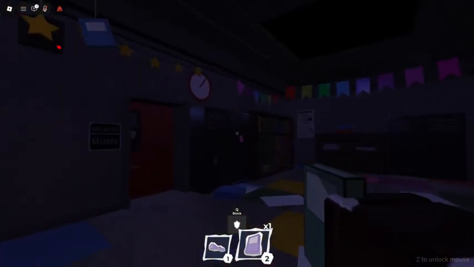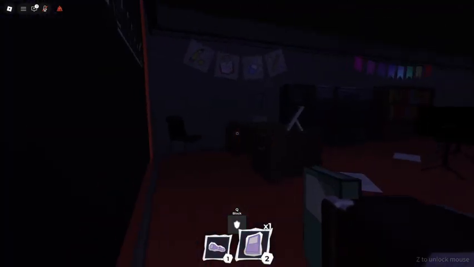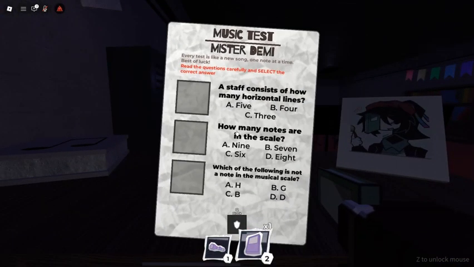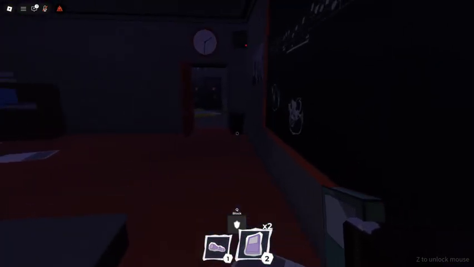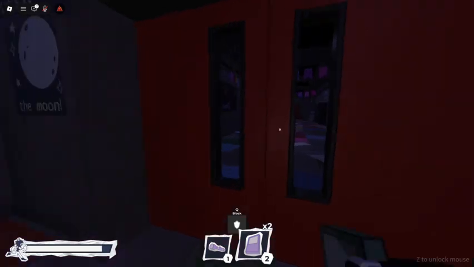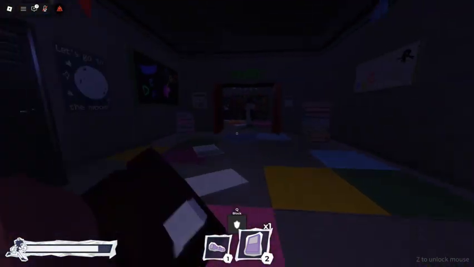If I press 2, I got a book. So now this book will actually help me in the game, you can actually throw the books, by the way. So I can actually throw this book at a teacher, and it will actually help me. So these books, I can actually throw them at teachers, which I'll try to show you. Right there. See? I just threw a book at her.